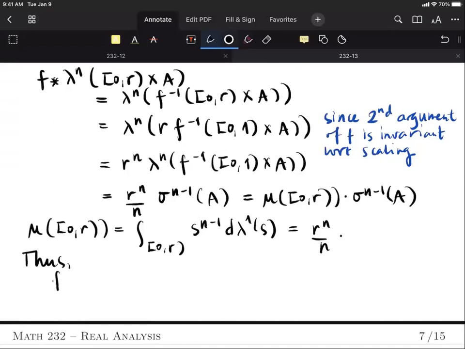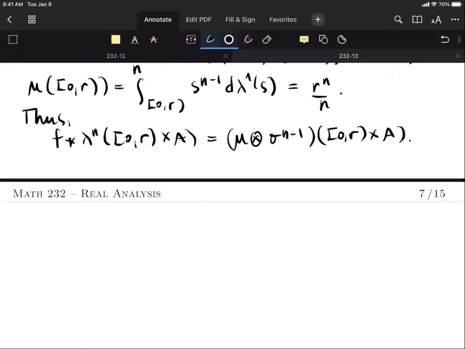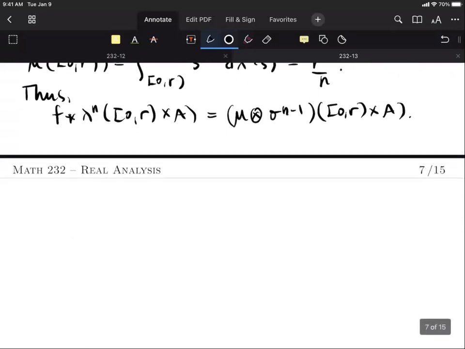Summarizing what we have obtained, from this we apply the definition of the product measure. Now, to complete the proof, note that